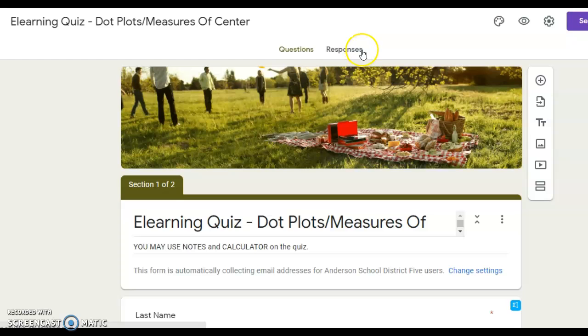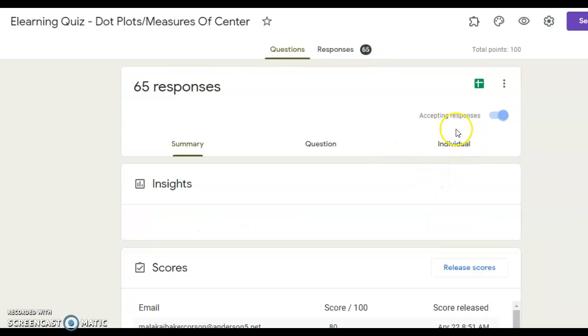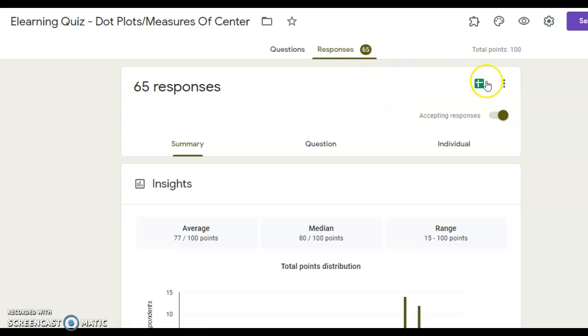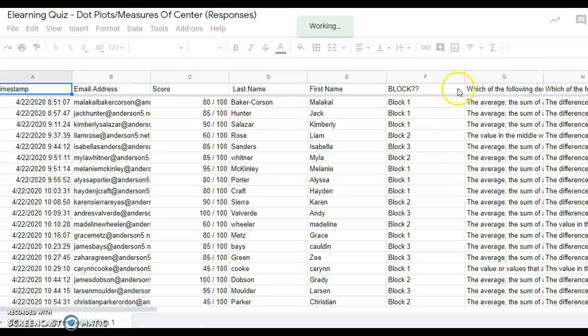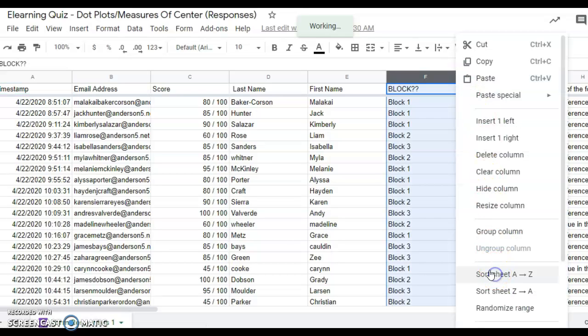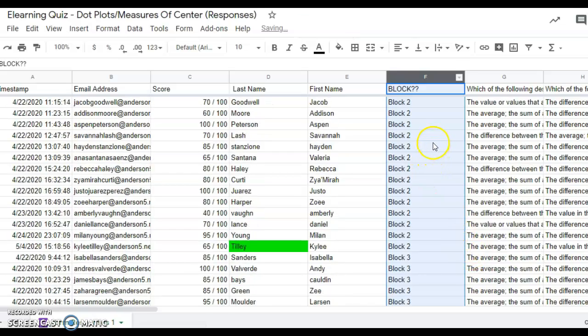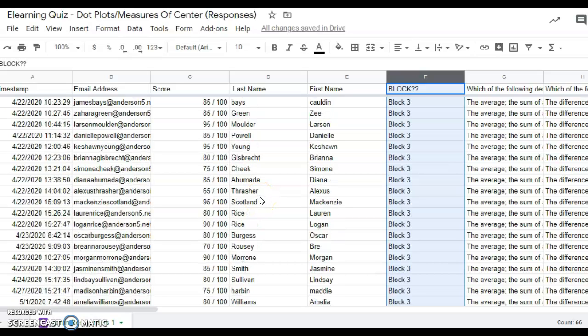Okay, so when I click on responses, if it will load, let's see. The quickest way is for me to create a spreadsheet, and let me categorize this by blocks. That'll be easier. So if I scroll down, you can see where block 3 submissions start right here. This is all of your classmates. And as I quickly look through your names,